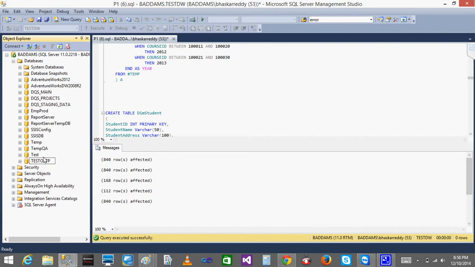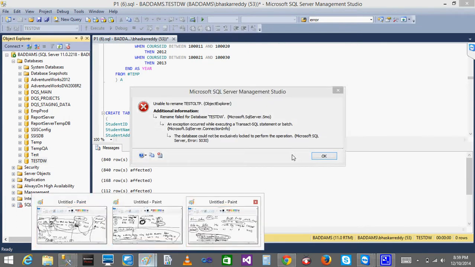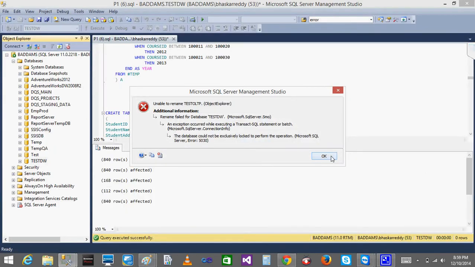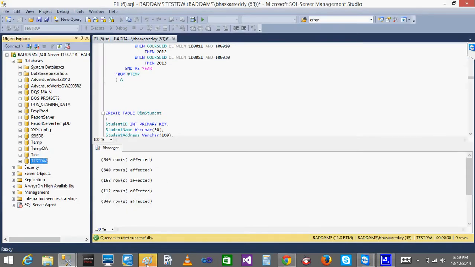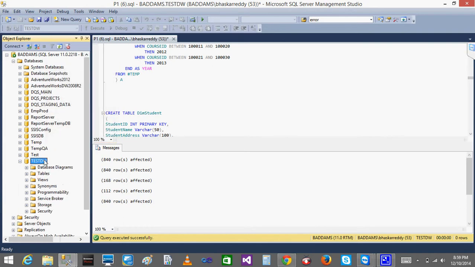Oh, it's taking some time, I think. How much time is it going to take? So until then, I'll close all these windows. Okay, let it be DW. I'll name something called, okay, give me a minute. What was the error it was showing? Oh, it was logged by a different user, right? OLTP.